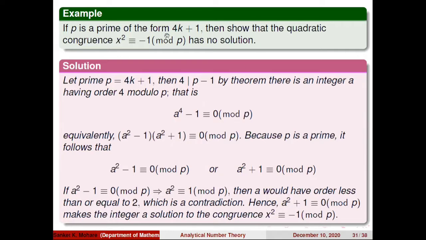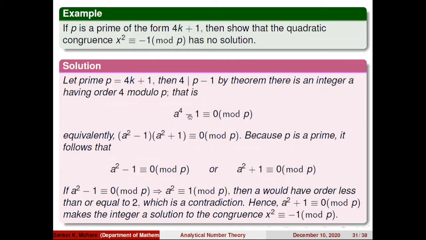What is p? p is a prime number of the form 4k plus 1. So let prime p equal 4k plus 1. This implies p minus 1 equals 4k, which implies 4 divides p minus 1. Then by the last theorem, there is an integer a having order 4 modulo p. So using that theorem, we have a to the power 4 minus 1 congruent to 0 modulo p,